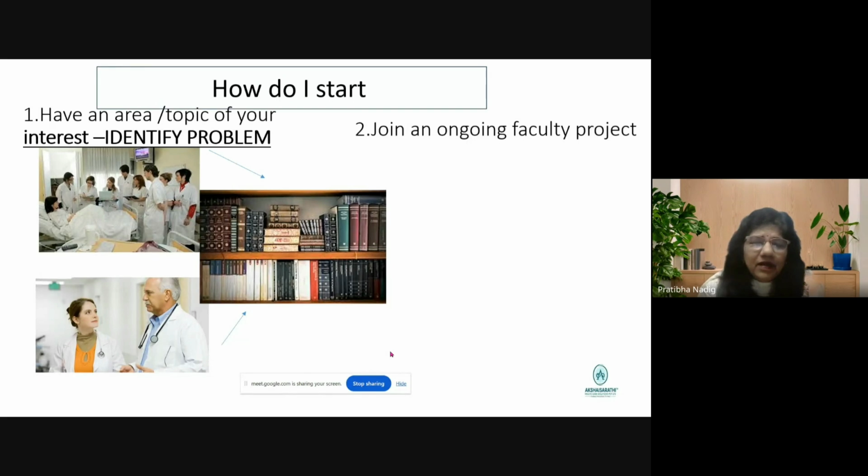So there are many faculty who would have got some grants or funding, which doesn't always happen in private institutions. Some institutions such as AIIMS or St. John's, or government institutions, where a lot of funding is available, some faculty may be working. Just understand what these faculty are working on. Go and join them, whatever be their area. If it suits you, go and talk to them and get a part of their project, which they would also love to help.